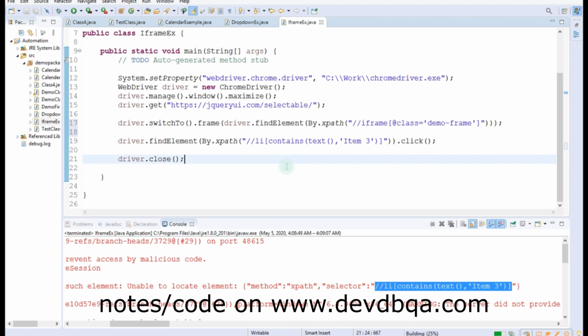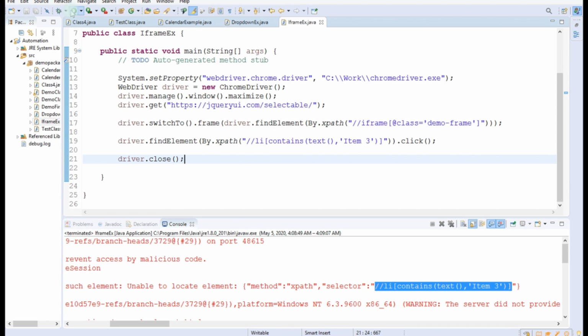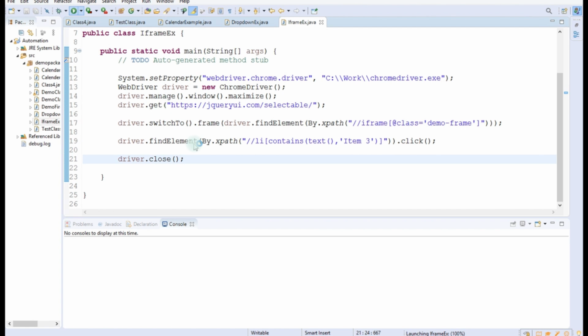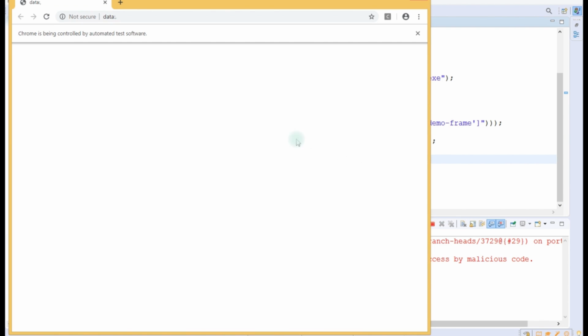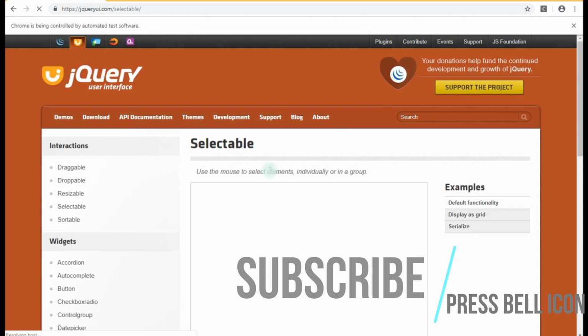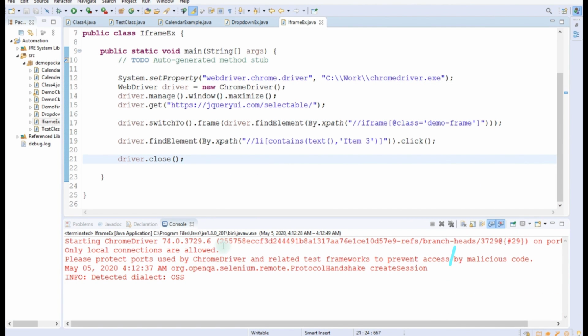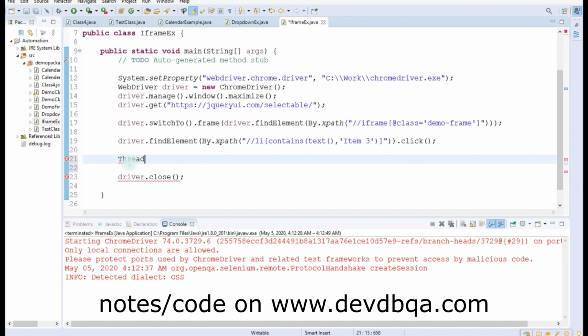So now let us save it and see if it works as expected or not. So now the Chrome browser should be invoked. As you can see, the Chrome browser is getting opened and the website is being loaded. So as you can see, no exception is displayed and the WebDriver clicked on that element. We were not able to see because the driver was closed. So let me put a sleep of 5 seconds here so that we are able to see what is happening on the screen.